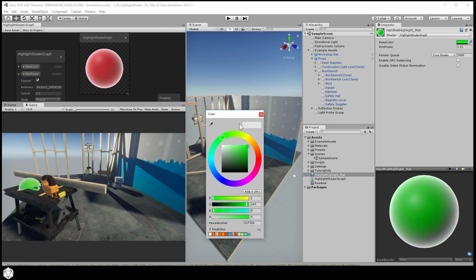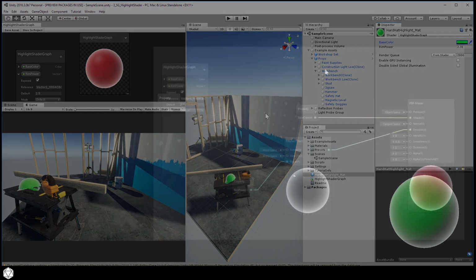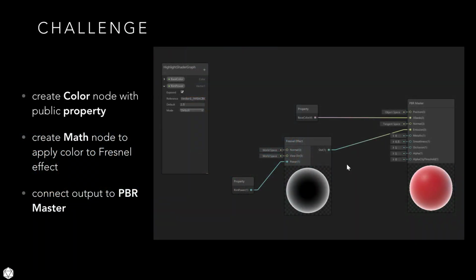And okay, there you go. That's a decent look to highlighting our object. Eventually, we'll make a script to swap out the original safety hat game object for the glowing version of it. But first, let's do a quick exercise and see if we can figure out how to modify our shader graph just a little bit. Currently, our Fresnel effect shows up as white, and you may want to give the user